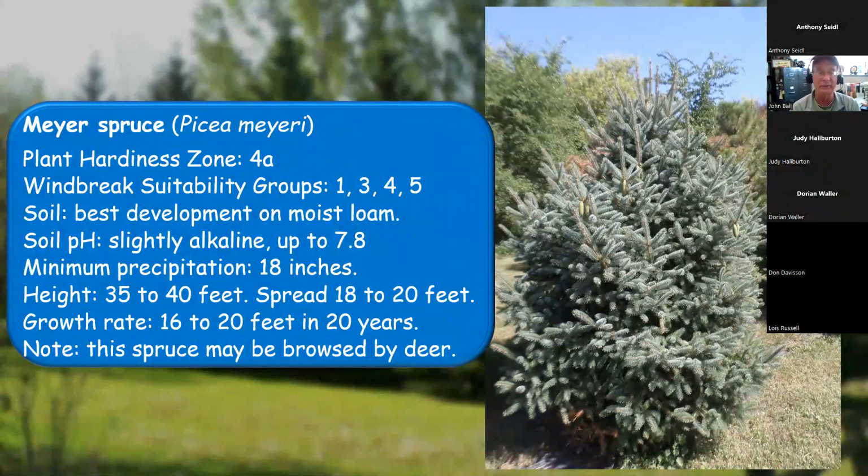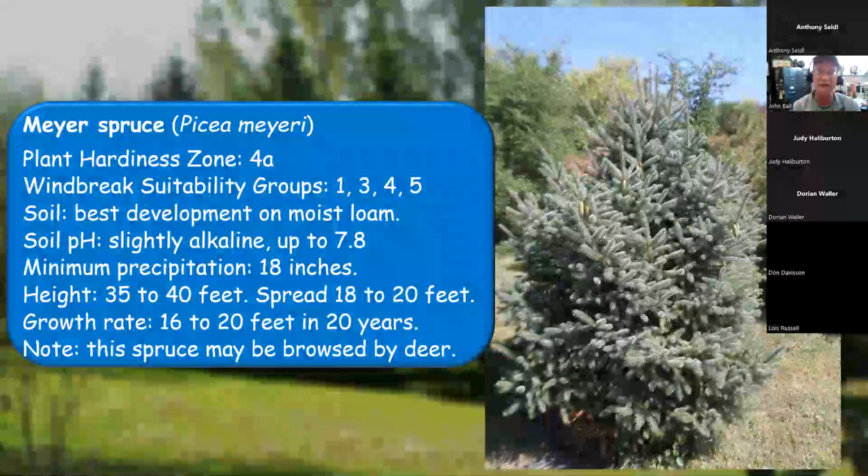And it's doing extremely well. We'll take alkaline soils. Moist soils are best, but look at the minimum precip. It'll take 18. It's a spruce that's a little bit more drought tolerant than people give it credit for. But the negative,